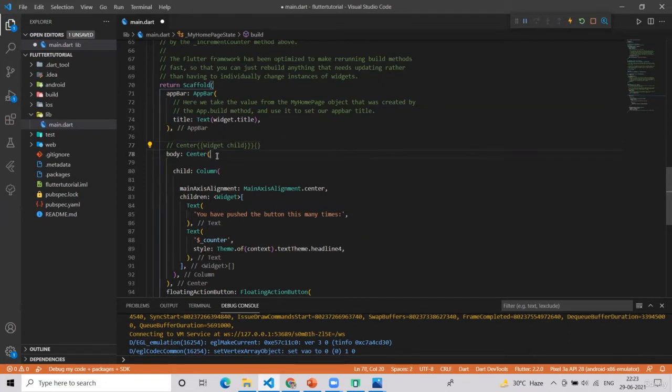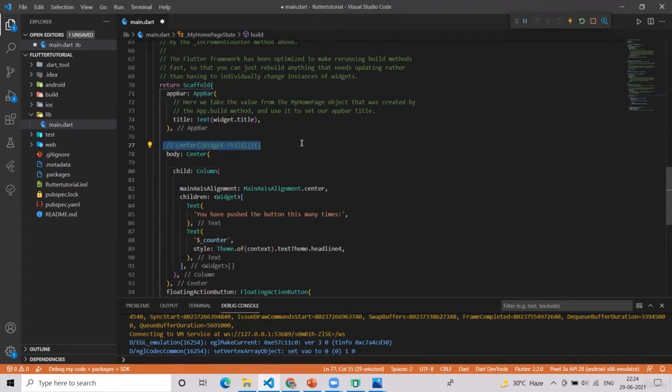That is why when we are calling this Center widget, in the child property we are sending again a different widget. This is a Column. In the upcoming videos, we will deep dive into all the widgets, that is Center, Column, Text, whatever widgets there are, and we will understand each and everything.